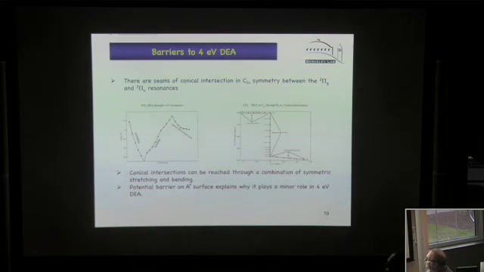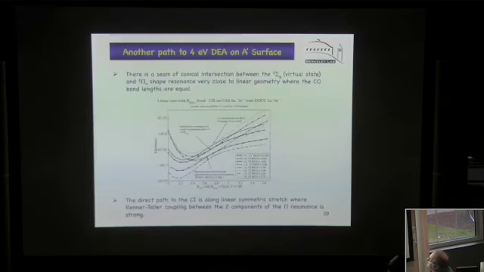Okay. Well, the reason that the A double prime surface plays a very small role in all of this is because in order to reach that region of conical intersection, which is necessary to get to these ground state asymptotes, there's a barrier. And there's no way to reach this without going through a barrier, no combination of stretching and bending that'll get you there on the A double prime surface. And these are heavy atoms when they dissociate, and they're not going to tunnel through a barrier like this. So that explains at least why the A prime surface seems to be the candidate.